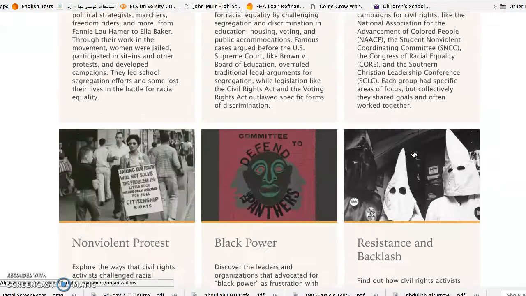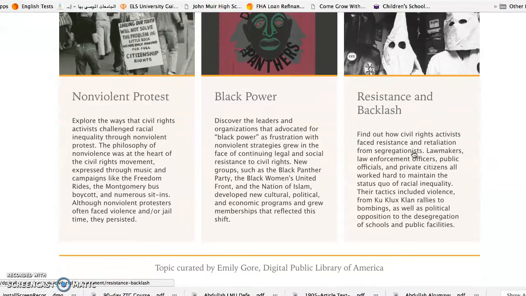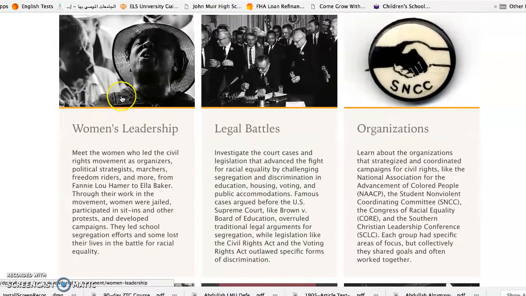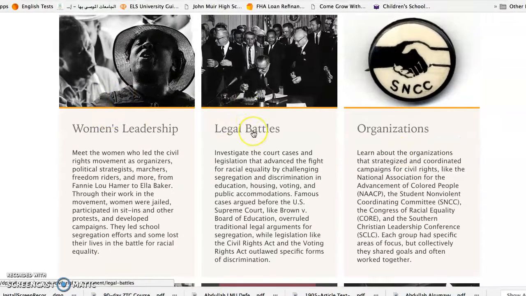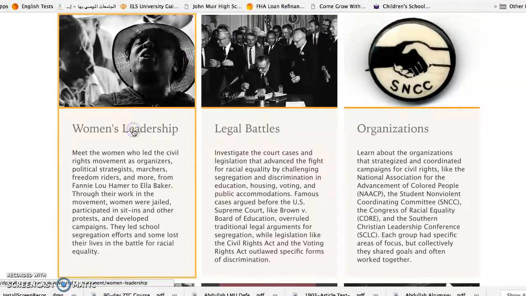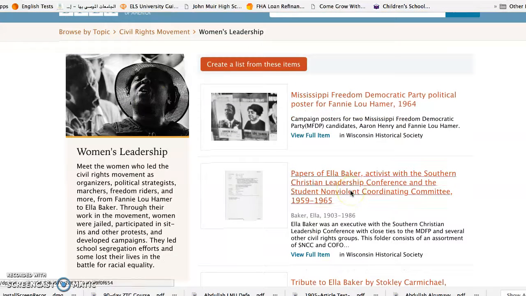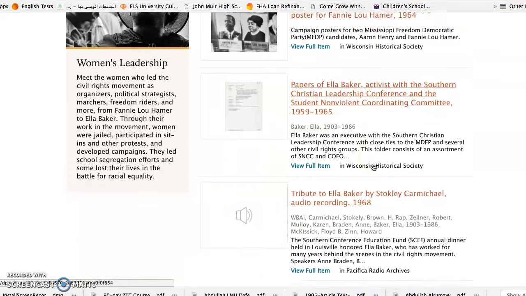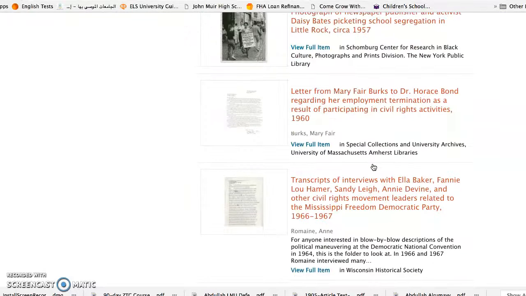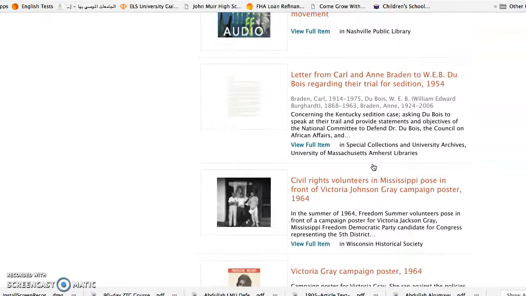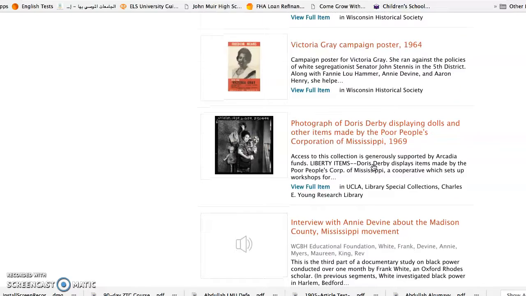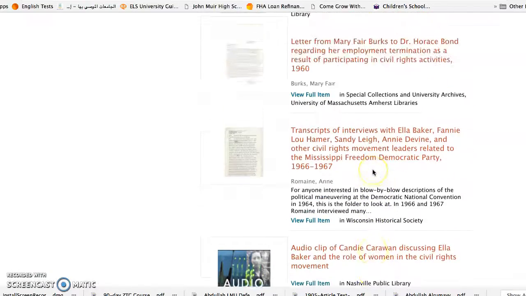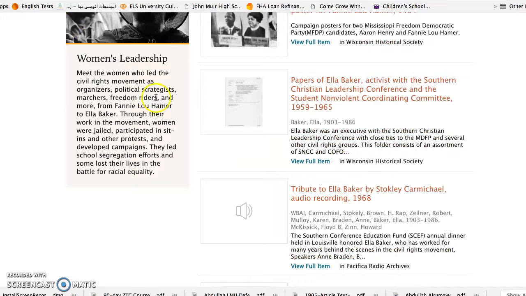And it'd be interesting here to look at women's leadership, or probably even women's leadership would be useful for my women in politics class. And so looking at the infamous Fannie Lou Hamer, which would be really good, looking at some of these transcripts. This is really cool. What this looks like is more archival stuff than it is about anything else. So that's actually a pretty cool resource, and I like